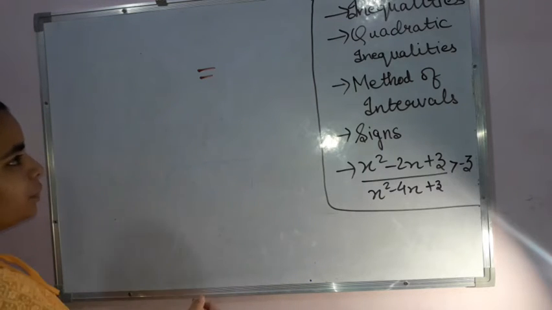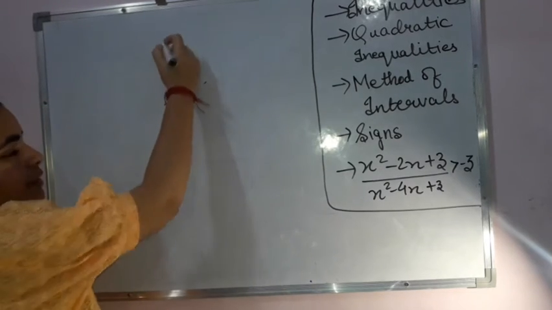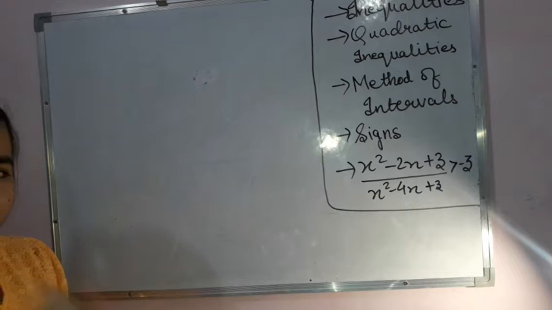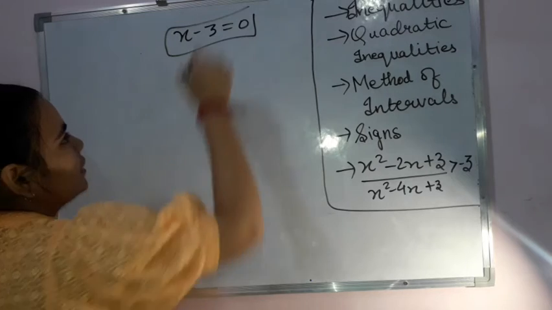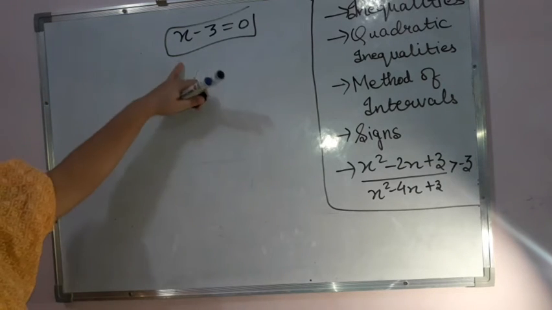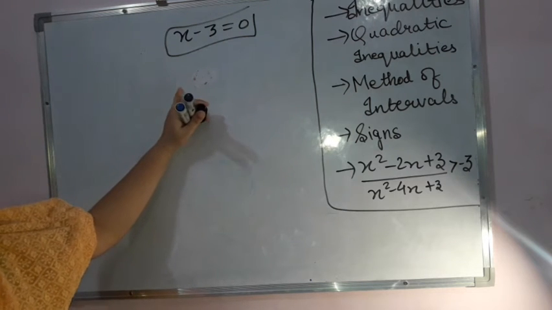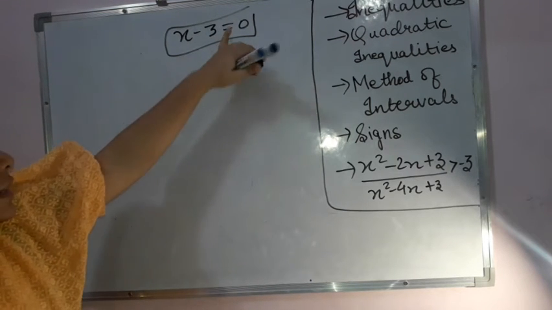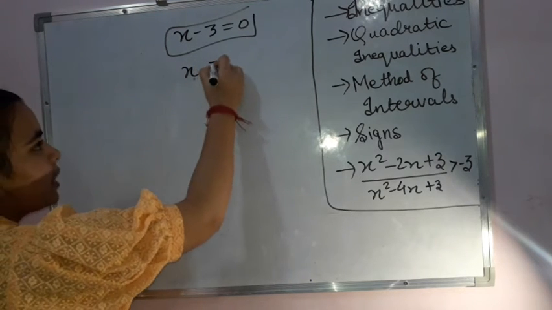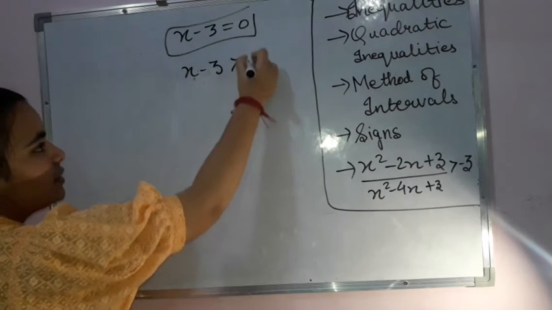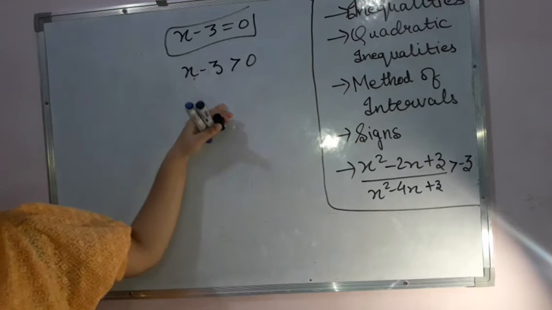The signs that we will be using, suppose this is my equation. Let us first take a linear equation, right? If I write it like this, then it becomes my linear equation, because this is linear, the highest power of the variable is 1. Therefore, it becomes linear and it is my equation, because I am having this equal sign over here. But if this equation would have been written like this, x minus 3 is greater than 0, then this becomes my linear inequality.